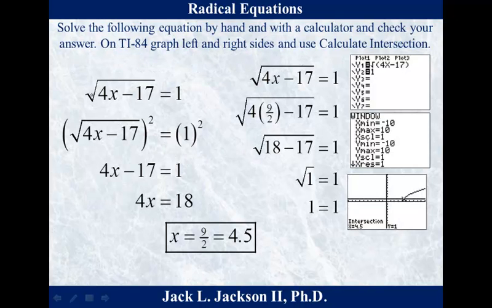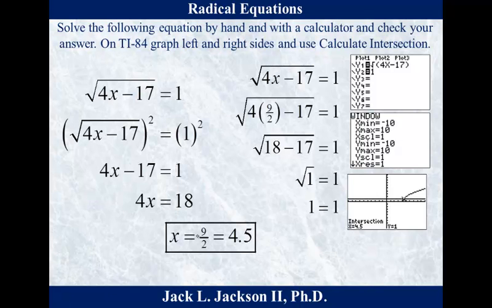Well, this is the square root, so it's a second degree radical. That's like a 1/2 power. So if we raise that to the second power, the square and the square root will cancel each other. Of course, I have to square both sides. 1 squared is still 1, and the square and the square root cancel, leaving you 4x minus 17. We have to add 17 to both sides and divide by 4, reduce that fraction of 18/4 down to 9/2,